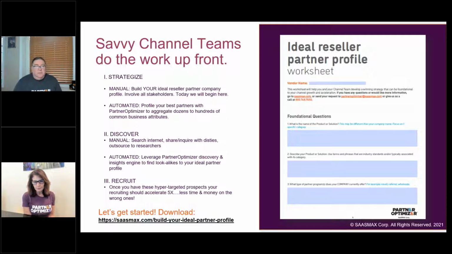And if you accelerate your recruitment, it means you're also going to accelerate the ability for those partners to perform, because of the right partners who have the right customers, who have the right sales mechanisms to be able to sell your solutions into their customer base. And everything reduces in friction, and it's incredible. So that's what we want to be able to pass along, is giving you those tips and tricks of the trade that we've learned, whether manual or leveraging us through automation, that will help you do that and accelerate your recruitment by 5x, and accelerate your channel and exceed your KPIs in Q1 instead of taking until Q4.